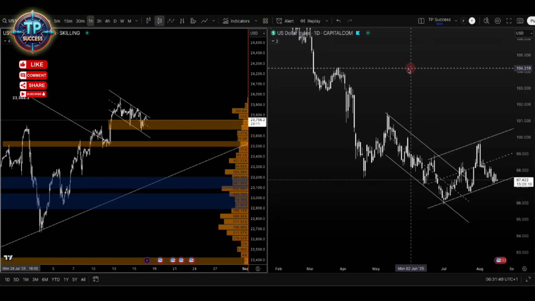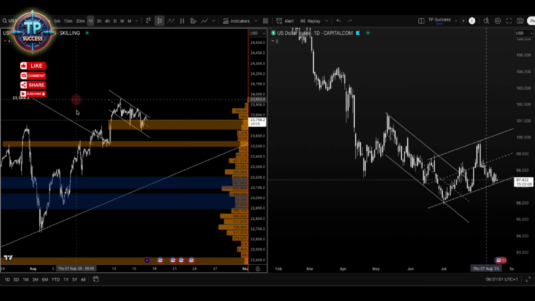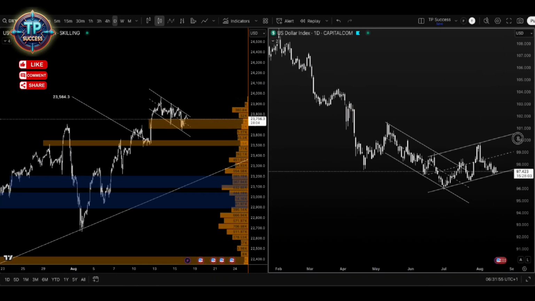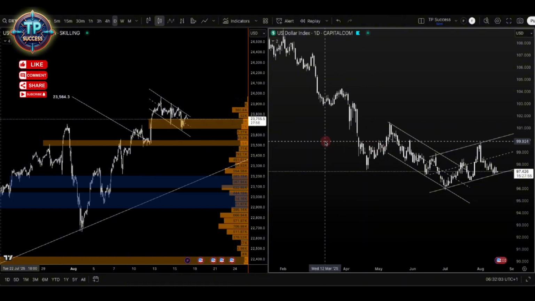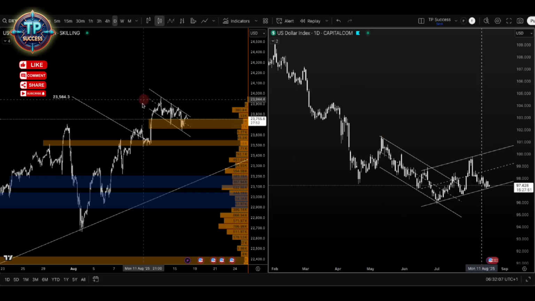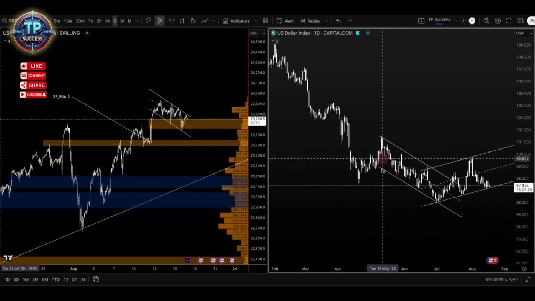Let me just set it up. So we've got NAS 100 here, and we have the DXY, right? As we can see, it's actually started out great, believe it or not. I wasn't actually expecting it to pair up so nicely. So we've got NAS on this side, and then we've got the DXY on this side, which is